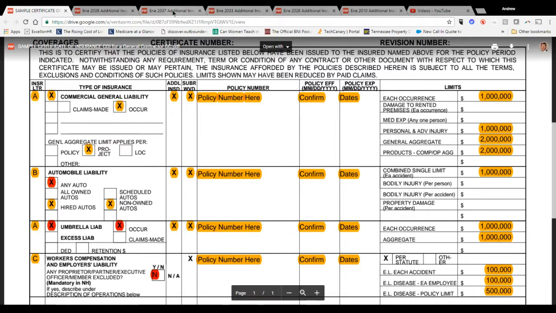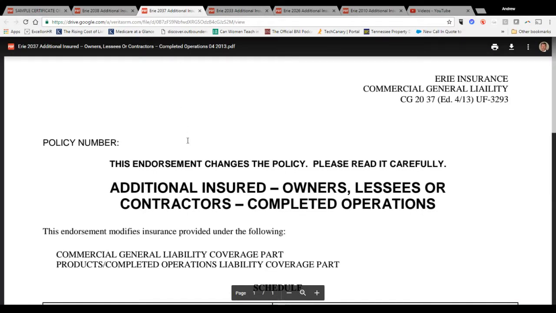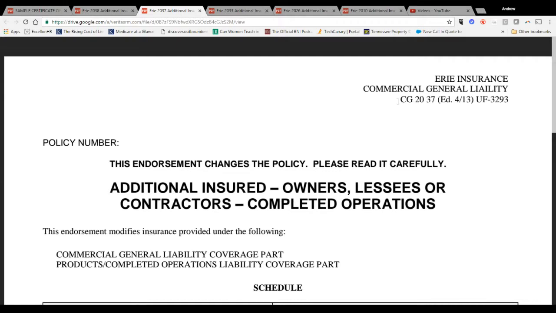Okay, the next one we run across is additional insured owners, lessees, or contractors' completed operations. It's CG 2037. This is a nice one to have if you're a contractor because the additional insured coverage only gives premises liability. So if someone's injured at the job site, it's additional insured. But after that, the GC leaves, there's no additional insured status. It's gone. Okay, this 2037 gives that, and after that contractor leaves the job, if something happens that causes you to get sued because of their actions.